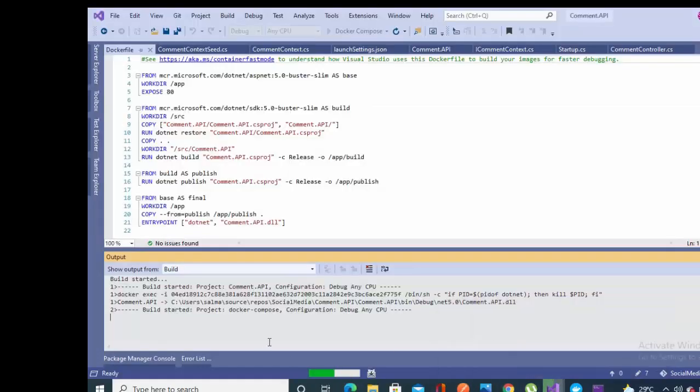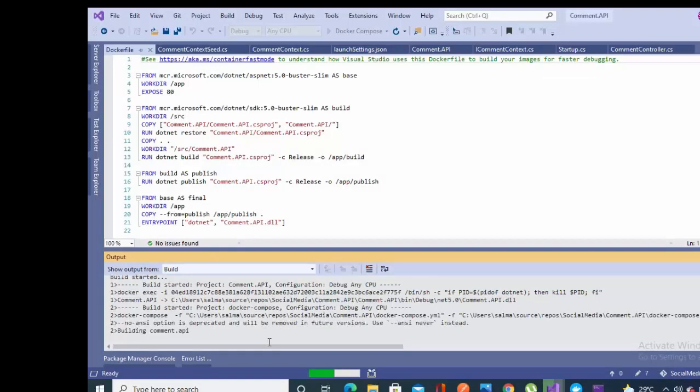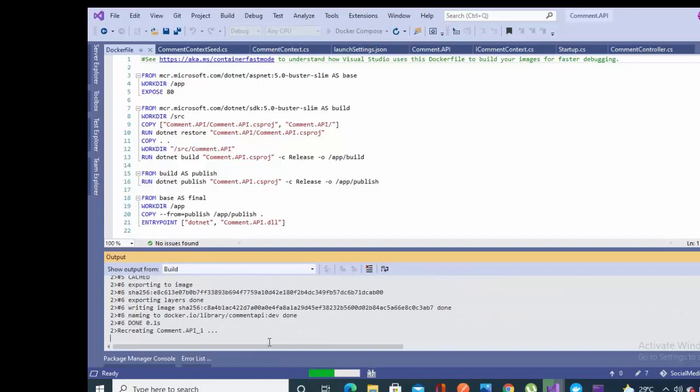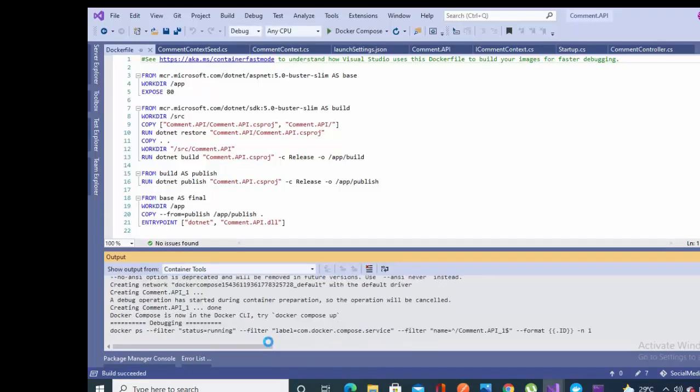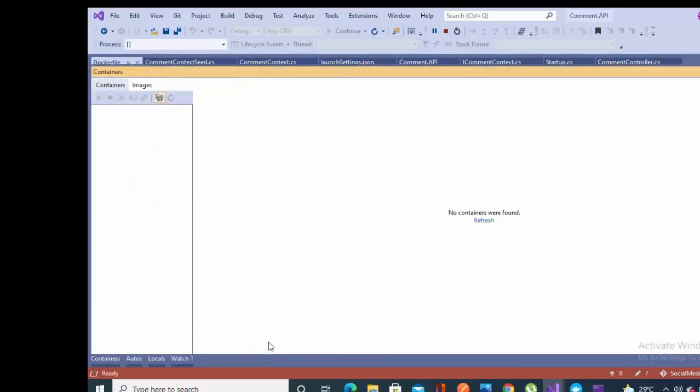Okay, we are done. Docker compose is running right now, building comment.api. Recreating. Let's just wait for a while. It takes a little bit of time. You just have to keep your eye on the output window.